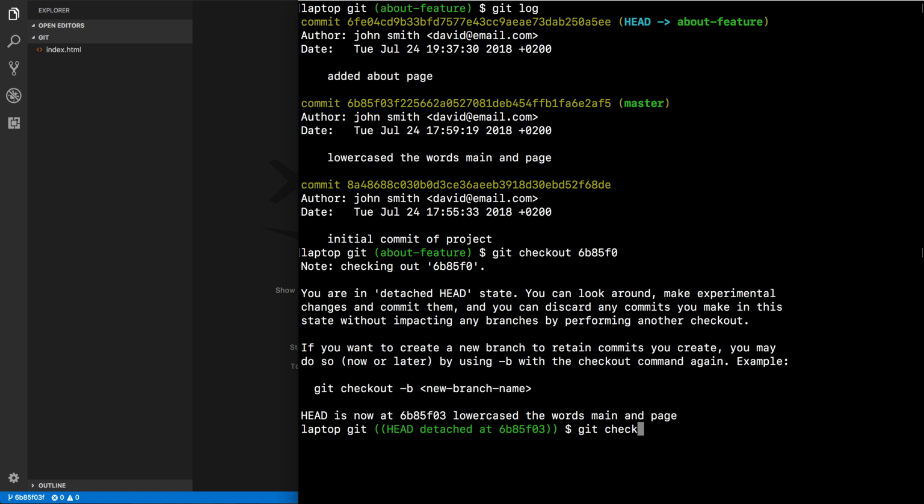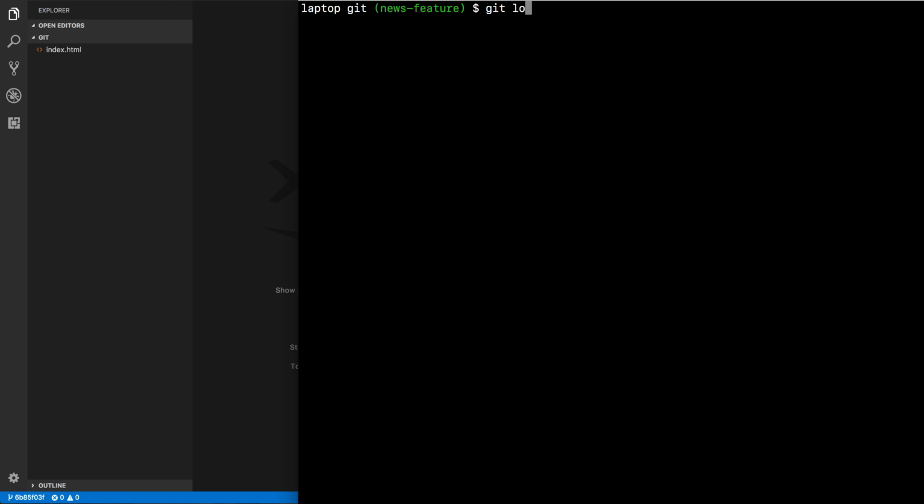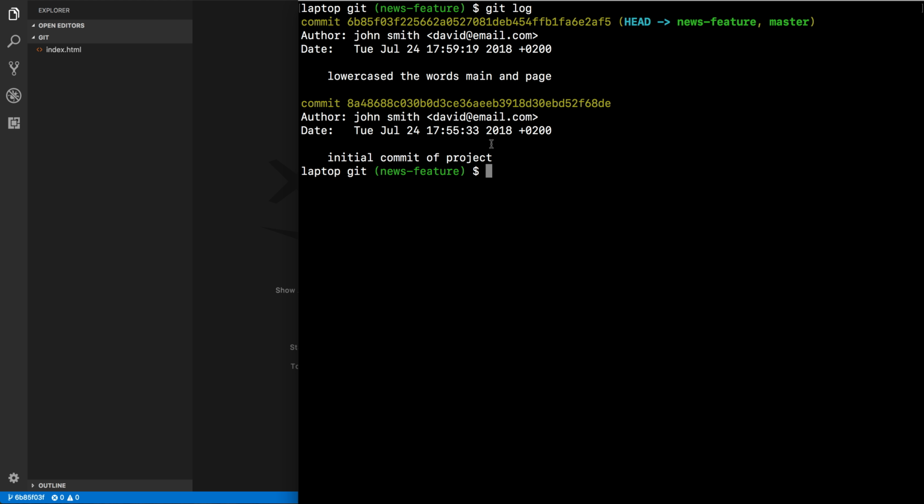So we'll say git checkout -b news feature, all right, and we now know that we're working on our news feature, and we go back over to check out about feature, and we go